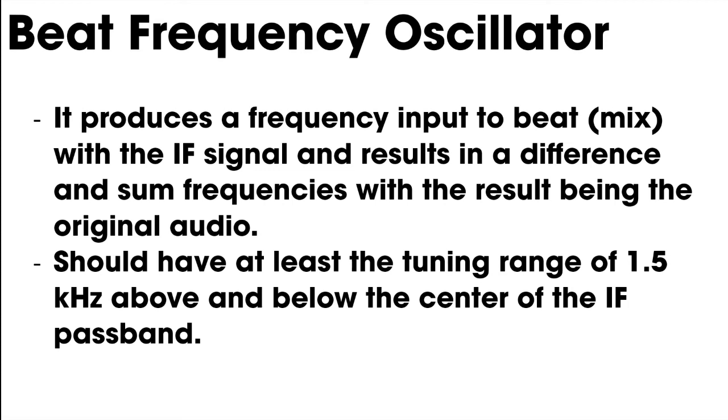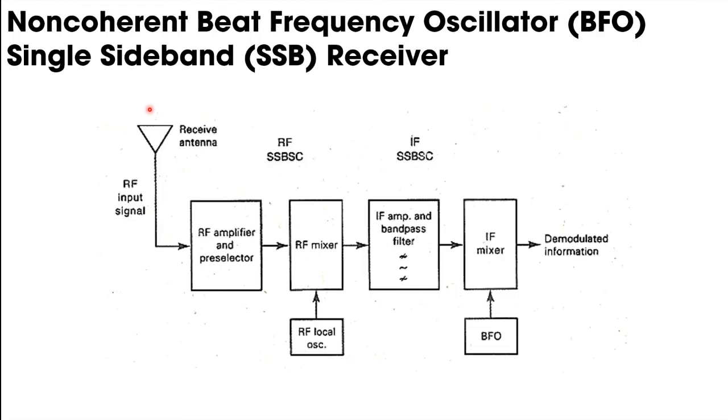The BFO produces a frequency input to beat or mix with the IF signal and results in sum and difference frequencies, with the result being the original audio. Note that it should have at least a tuning range of 1.5 kHz above and below the center of the IF passband. In a non-coherent beat frequency oscillator single sideband receiver, we receive the input signal here, and then the